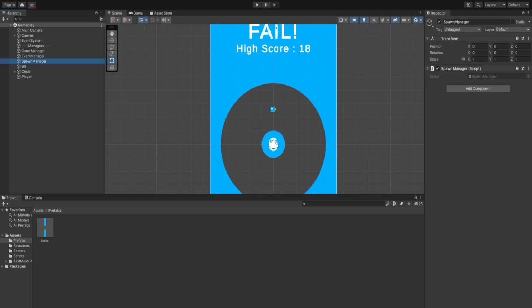So it's not going to be much difficult. So let's create a serialized field, and it's only going to need the game object, which is the spoke prefab, and afterwards a private list of game object. We just call it spokes and have memory assigned. And let's also add the on enable and on disable methods. And after having both our methods, let's create our private void spawn spokes,